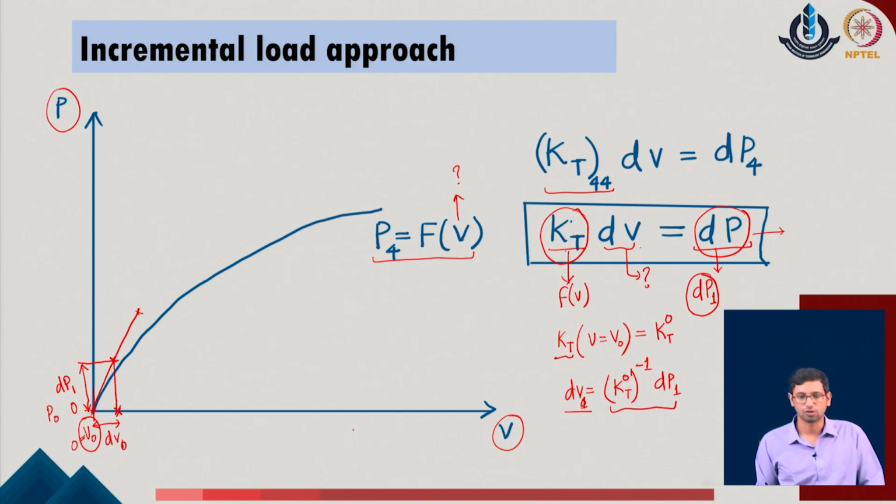So, this is the 0th increment only, and this load increment value also we can define with the 0th value only. This is starting with the 0 value, and we just define the 0th increment in the given load, and accordingly we obtain the respective value of the displacement at the next point, which I now call V of 1, and that is equal to V0 plus d of V0 in the given system.